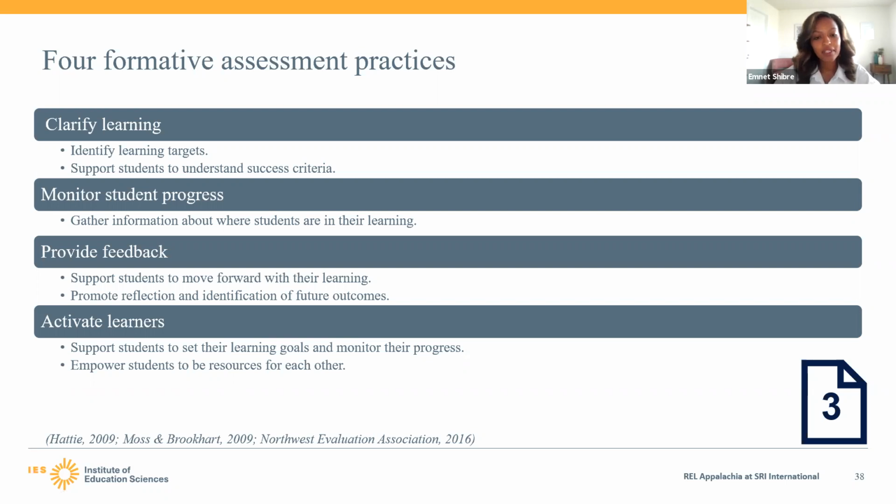Formative assessment is closely tied to what we are talking about today, monitoring student progress and providing feedback. The first formative assessment practice is clarifying learning. This involves identifying the learning targets so students know where they are headed. It also includes helping students understand what it will look like when they are successful. The second practice is eliciting evidence of learning. This involves gathering information about where students are in their learning throughout instruction. One way to gather evidence is through questioning. Effective questions can stimulate students' thinking, provide evidence of what they know, and provide information about the errors or misconceptions